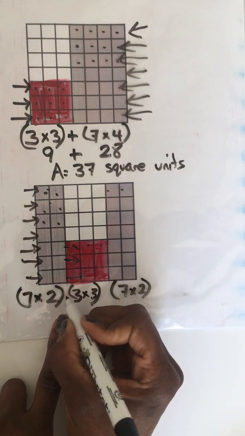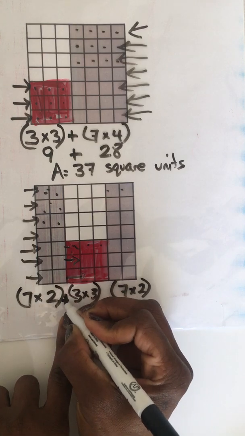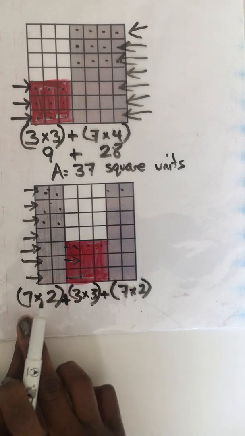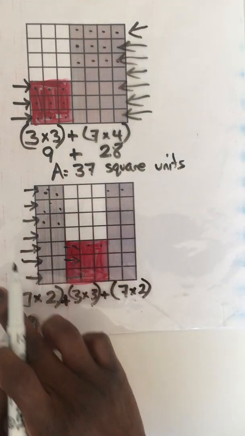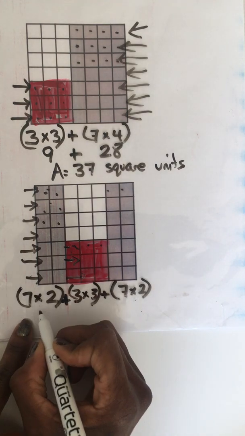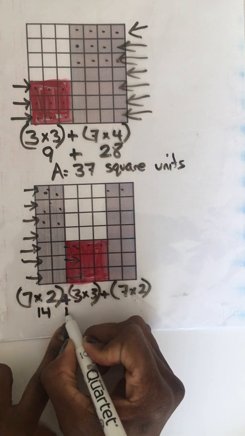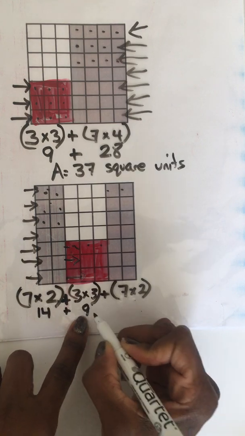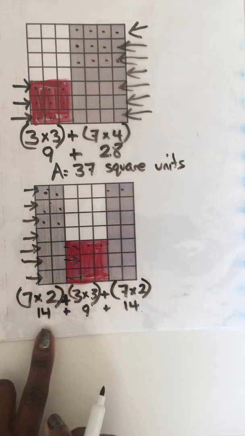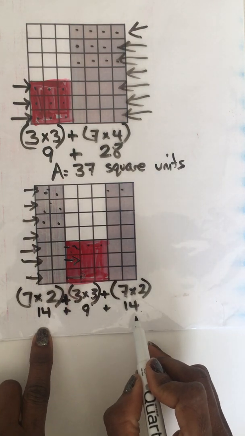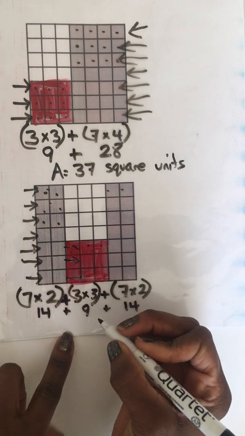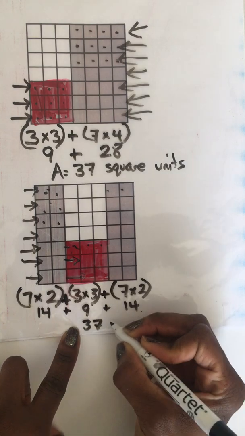I want to go ahead and put my addition sign in between each of my equations, because I'm going to add all 3 equations to find the total area of this irregular shape. 7 times 2 is 14, plus 3 times 3 is 9, plus 7 times 2 again, which is 14. Now I know 14 plus 14 is 28. 28 plus 9 will give me a total of 37. So my